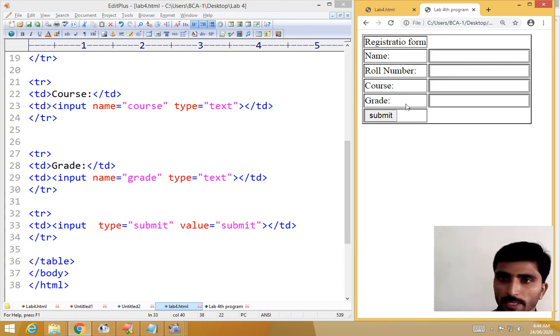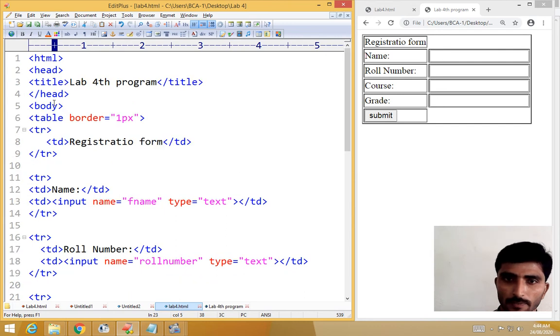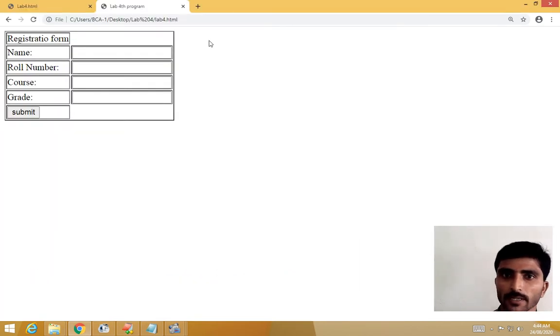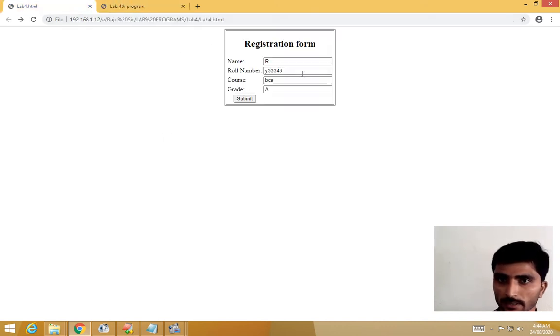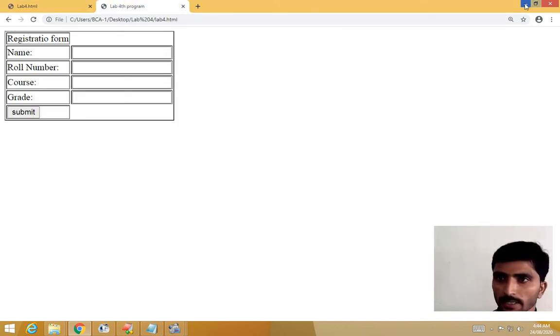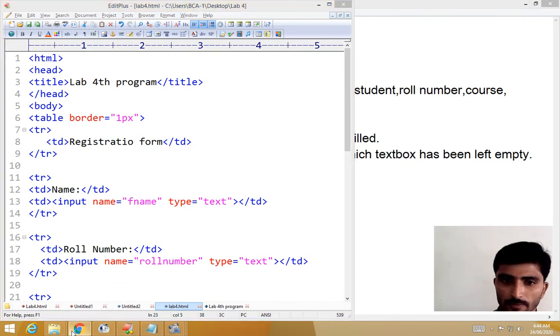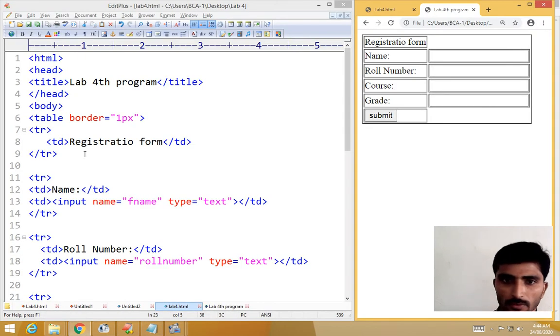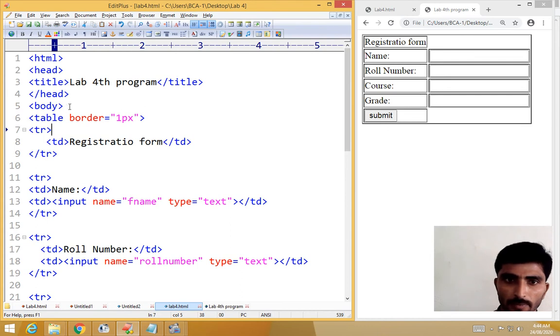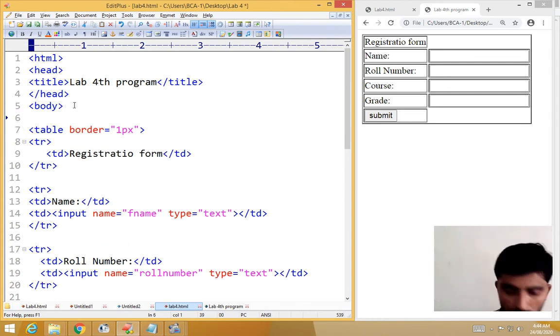So I want to make the table centered. See, when I maximize, this is on the left side, so I want to make it centered like this. You can create it like this also, no problem. After body you have to write the center tag, before the table.